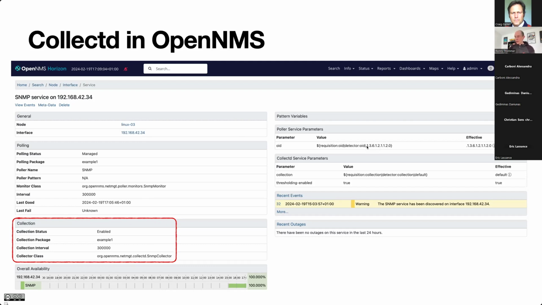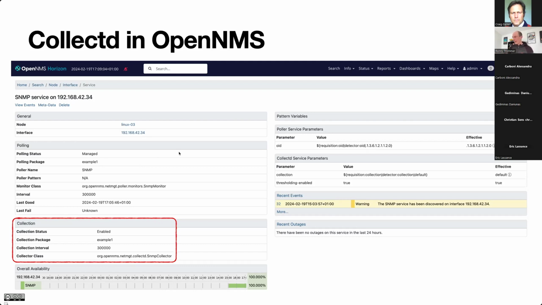It tries to fetch that OID here. If the agent responds to that OID, then OpenNMS knows the SNMP service is up. That's it. There's nothing about fetching the disk usage or CPU usage from an agent, right? The Pollerd daemon is just about figuring out, is the SNMP agent alive or not?